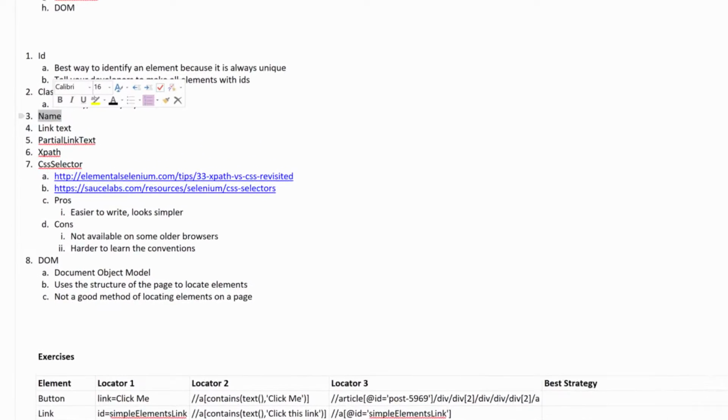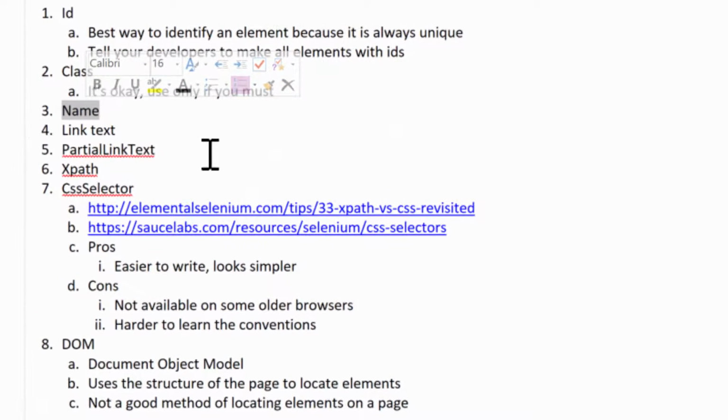So the next property that we can use is the name property. Again, not as good as ID. ID is always the best, but if you must use it, just make sure that it's unique. The hardest thing for Selenium WebDriver is always finding that unique combination of elements to help you identify the appropriate element and not anything else. You want just enough properties to make the element unique, but not too many so that you are just wasting